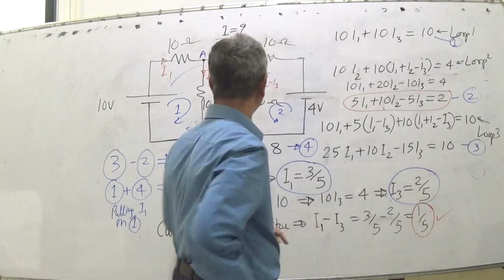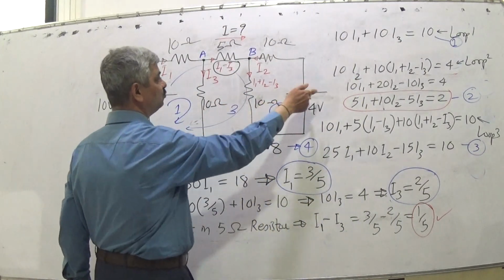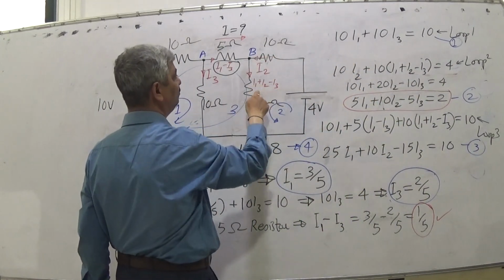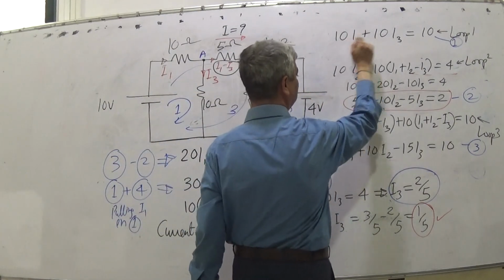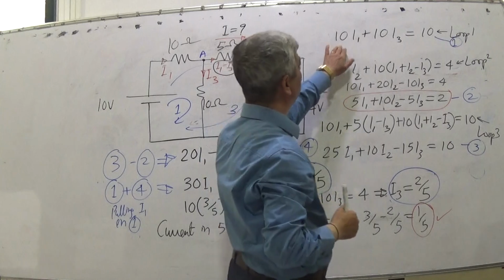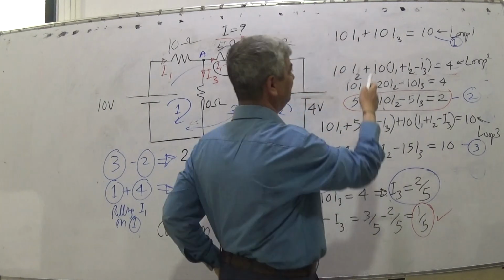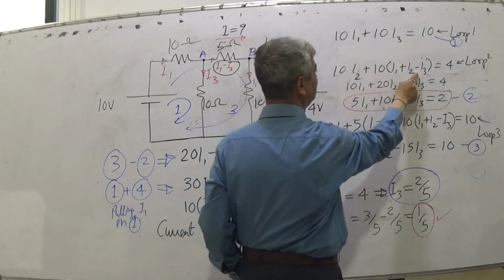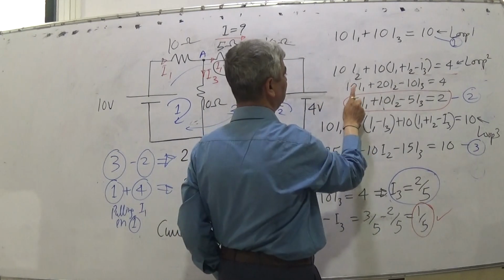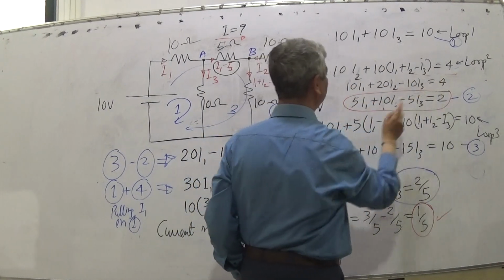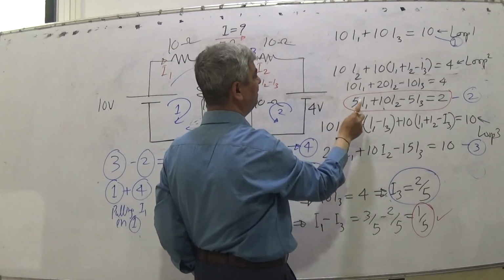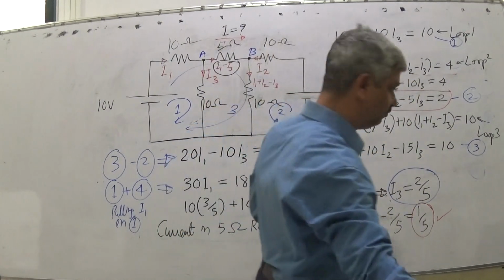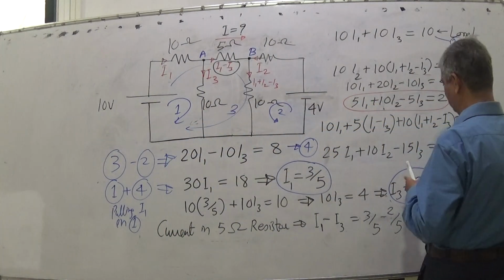So first equation. So loop 2 is this loop. Voltage source 4 volt equal to voltage drop 10 I2 plus 10 into this. So in this equation, we had only two variables, therefore I did not simplify further. And I marked the equation 1. Now for this equation, 10 I2 plus 10 bracket this equal to 4. I expanded it. 10 I1 plus 20 I2 minus 10 I3 equal to 4. And I further simplified. 5 I1 plus 10 I2 minus 5 I3 is 2. So this is equation 2. So based on loop 1 I got equation 1, based on loop 2 I got equation 2.